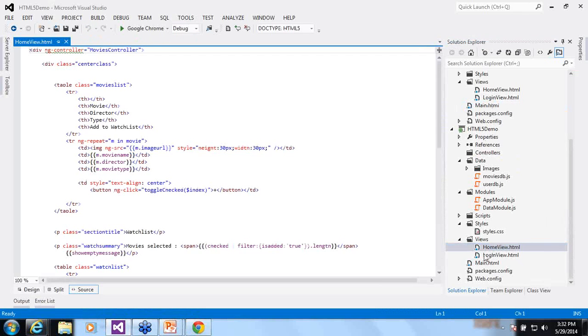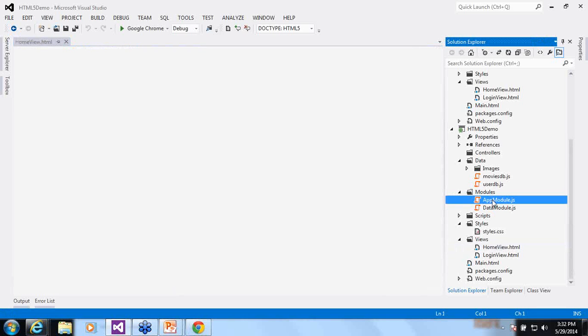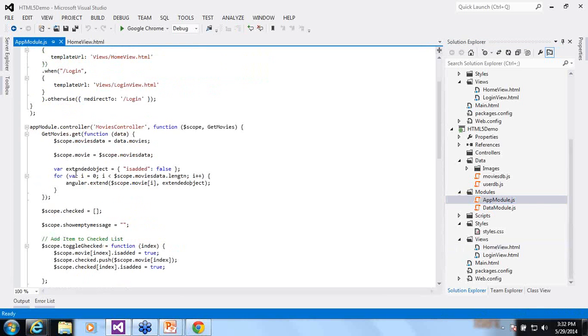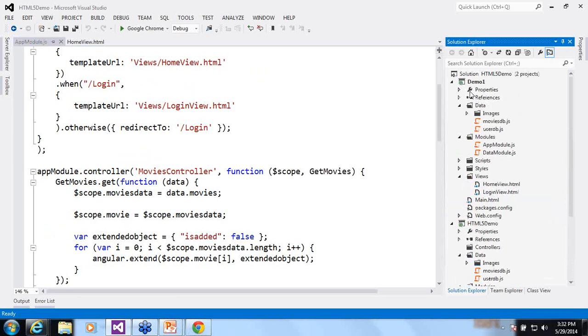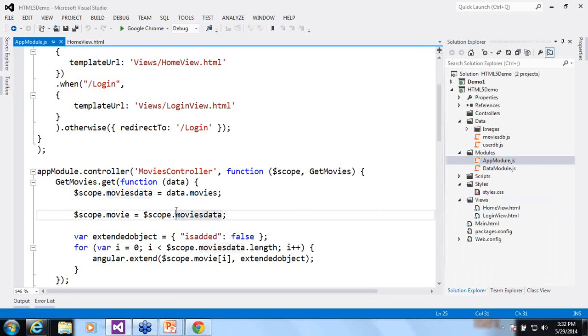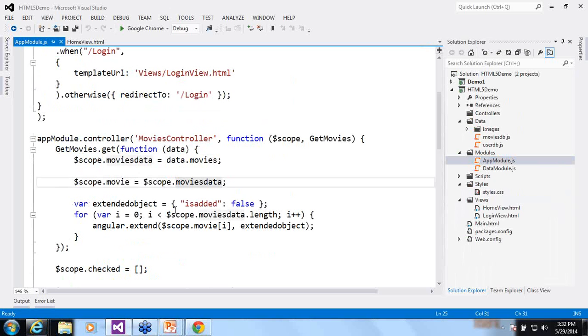So this is my home view.html, and let me go again to the app module and let me see my movies controller. I will show you all the code out here. So in my movies controller, I am using the scope object and I'm using the get movies factory method.